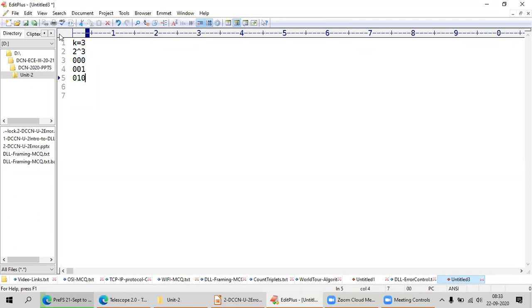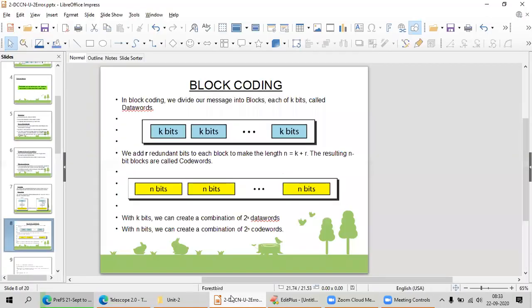Like this I can generate 2 to the power of 3 combinations of data words. With n bits we can create 2 to the power of n words. First, 2 to the power of 3, that means 8 data words.